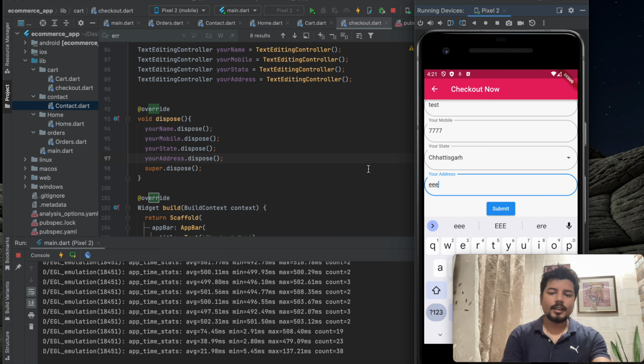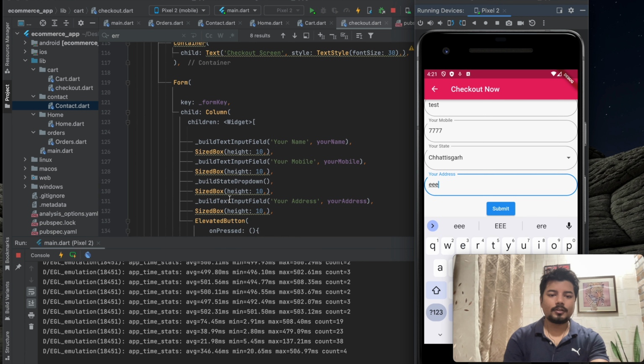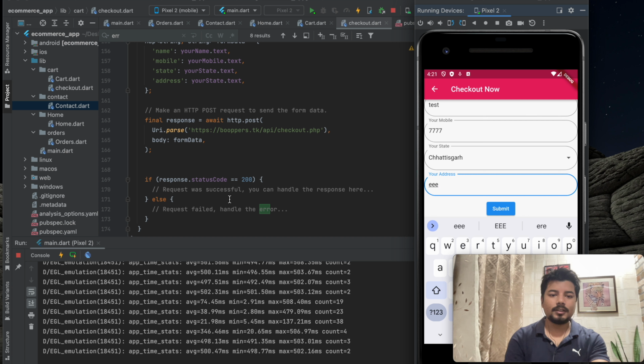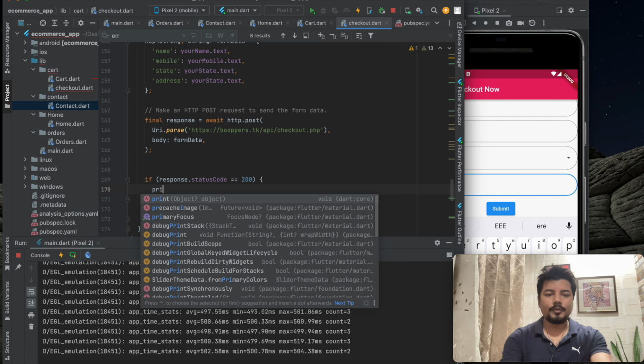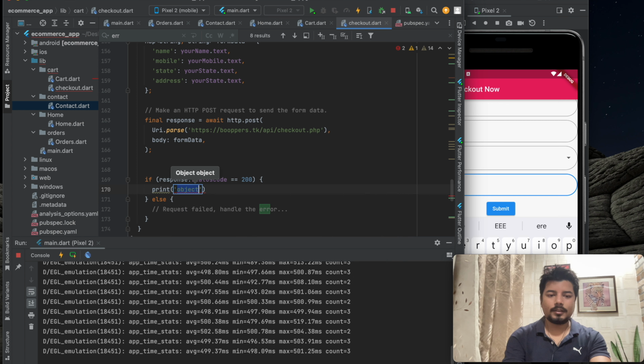So though we are submitting the data, but we are not getting any response from the server. So if the status code is 200, then we will show, or we will print the response